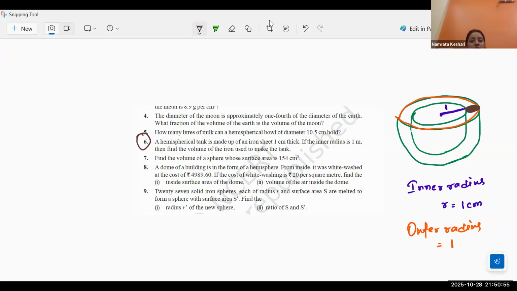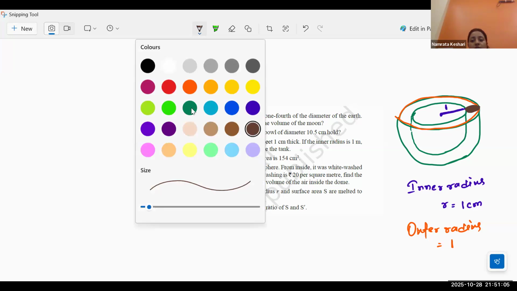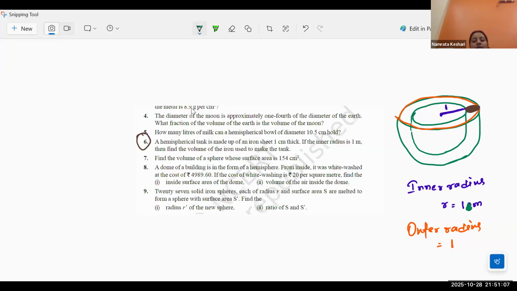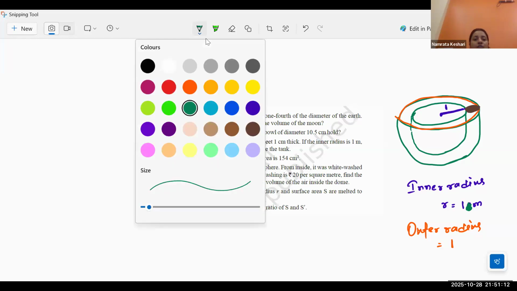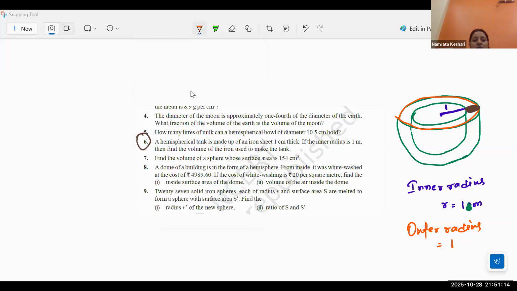If the inner radius is 1 meter, I have to maintain the unit. Inner radius was 1 meter and thickness is 1 centimeter. That means 1